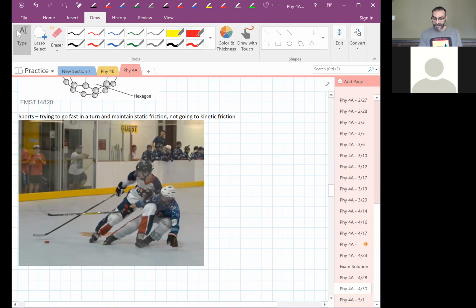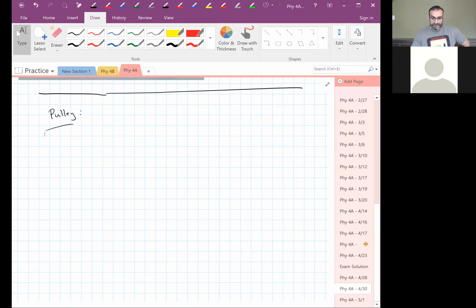So we'll take a break now. We'll come back, and now we're going to have 2 objects in our system linked by a pulley. Okay, so take a 10-minute break, and then we'll come back and do more Newton's laws. Okay,